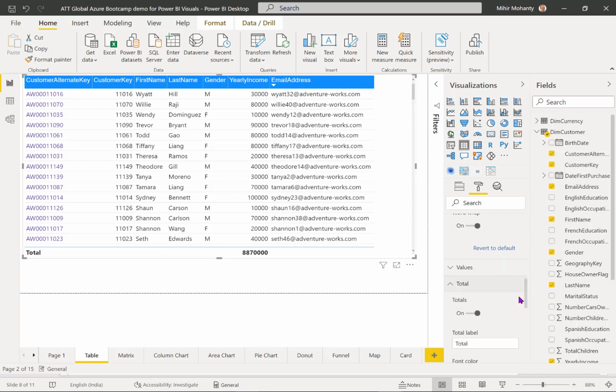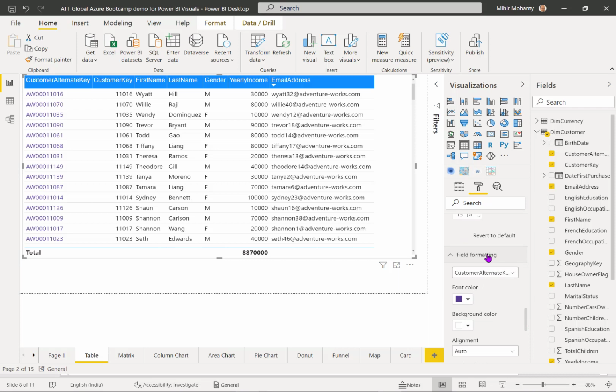Because this is tabular data, we can also do some mathematical activities, like there is a total on, so that any numerical data we can see, and on the basis of that we can get a summarized view of the data points over there. And similarly, there are a few more data points that you may like to explore and get going.